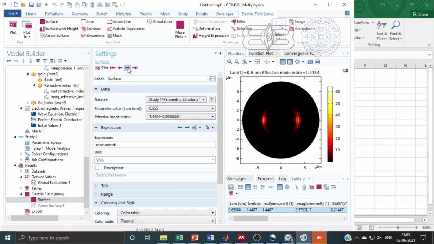These are the SPP modes, surface plasmon polariton modes. So we will find the SPP mode also for our design.